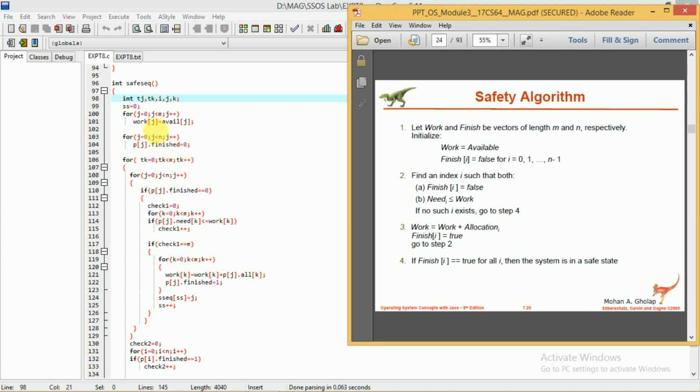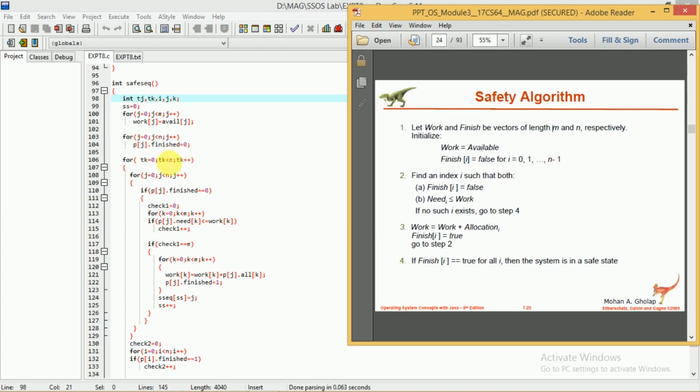You may ask me the question, sir, here in this for loop it is for 0 to m and here it is for 0 to n. Because m indicates the number of resources, and for all the resources we have to initialize the work of that resource equal to available, and here the finish is for the processes. So we have n number of processes, and for all n processes we have to initialize the finished equal to false, that is 0.